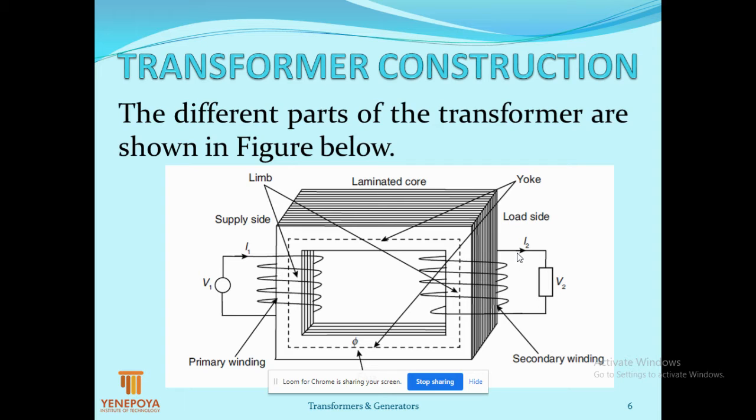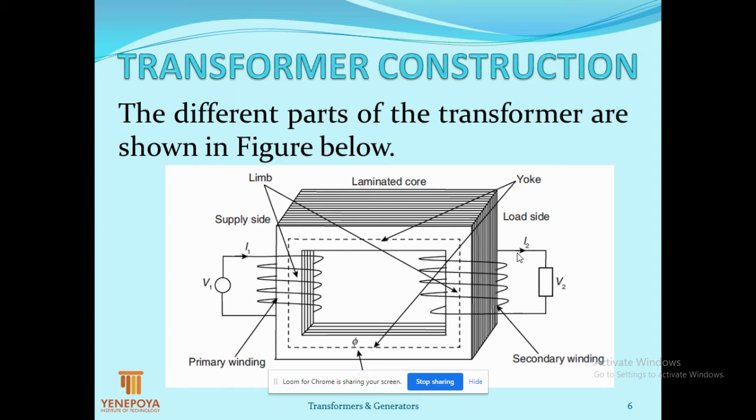Now the current I2 dash will flow in the primary winding of the transformer. That is because of the flux pi 2, which flows in N1 number of turns and induces the current I2 dash to flow in the primary winding. As a result, I1 and I2 dash will flow in the same direction. The magnitude of I2 dash produces the flux pi 2 dash, and the flux pi 2 produced due to I2 have the same magnitude but opposite in direction. Pi 2 is equal to minus pi 2 dash.